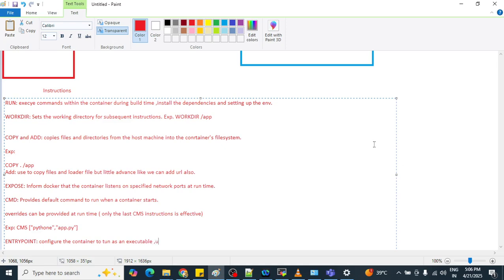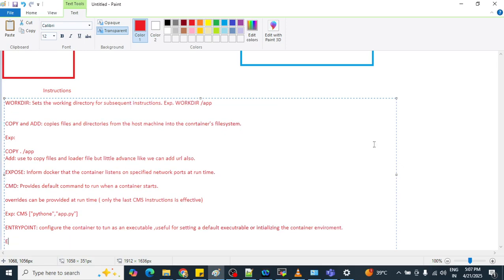Where is it useful? Useful for setting a default executable or defining the container environment. Okay, what is the example?